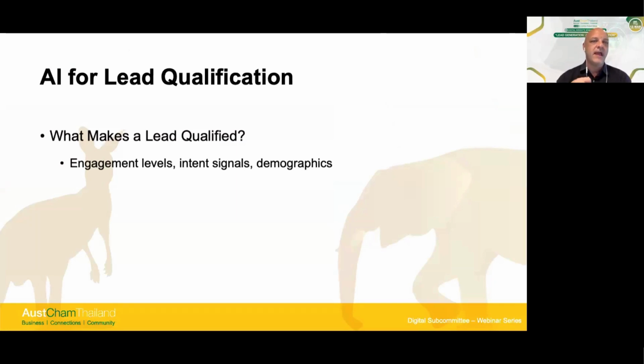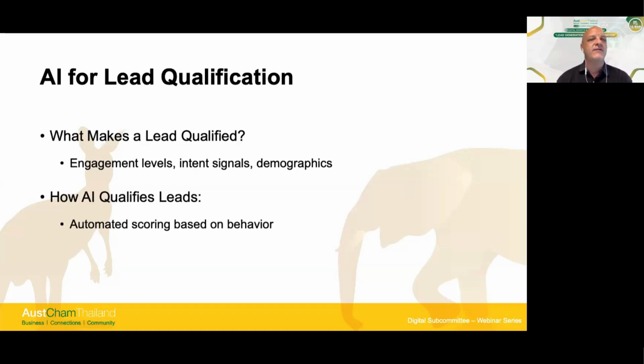Typical things for helping to understand if a lead is qualified are the engagement levels, intent signals, and demographics. So AI can analyze website visits, email opens, even social media activity, and then add a score to that individual person.